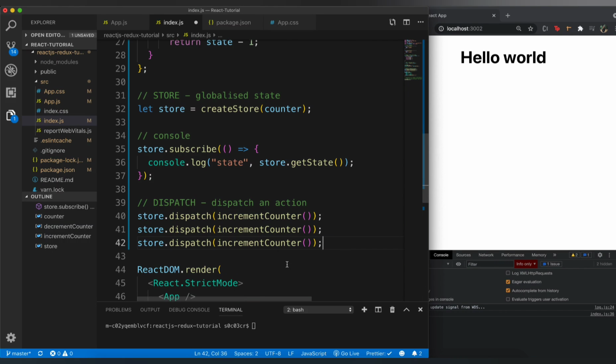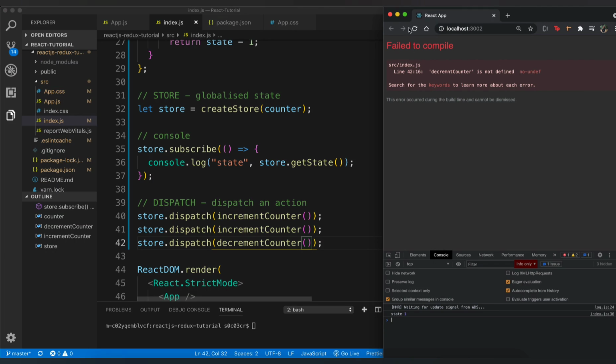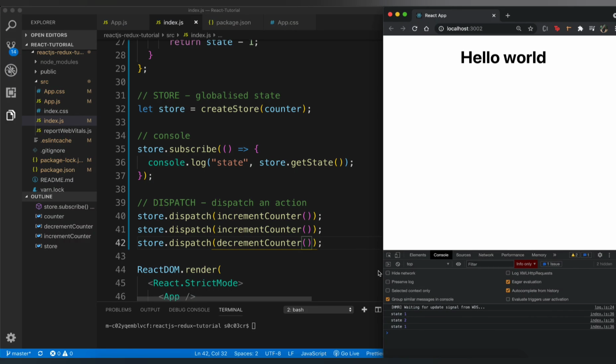So I'm going to call increment counter twice, and let me actually call decrement here. So let me call decrement counter after incrementing it twice, and I think I'm messing up the name, so let me say decrement counter. Yeah, this should be fine. Let me go ahead and refresh. And now let's check: the state actually changed from 0 to 1 and then to 2 because I called increment counter twice, and then finally I called decrement counter, so it actually changed the state back to 1, right?